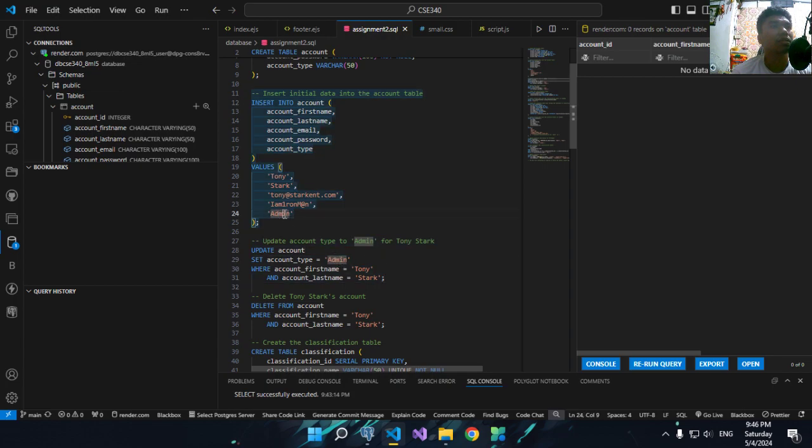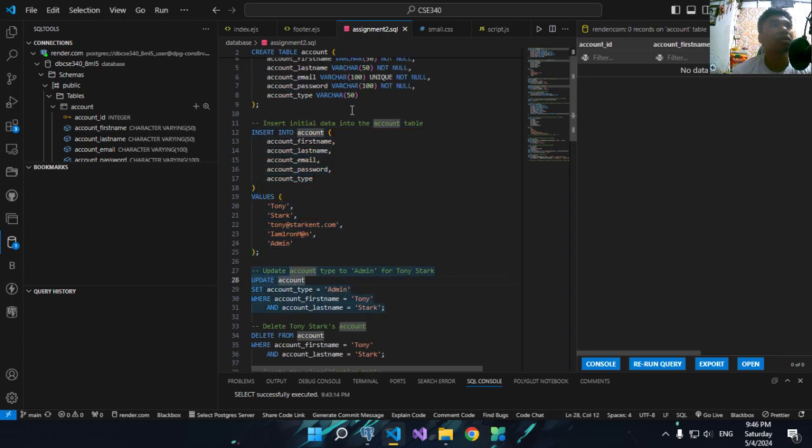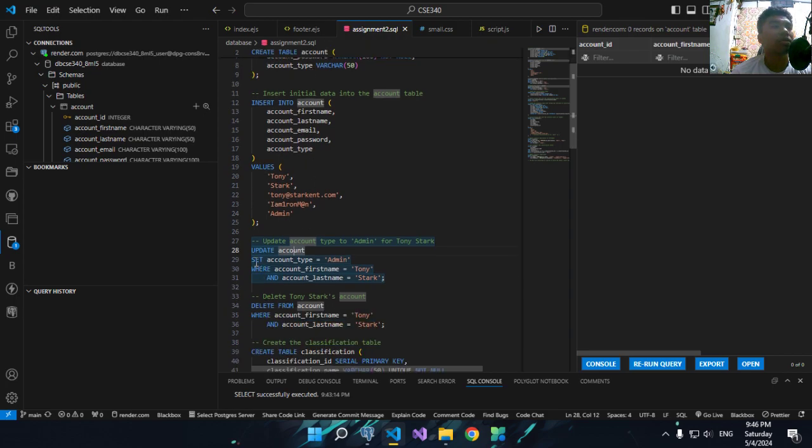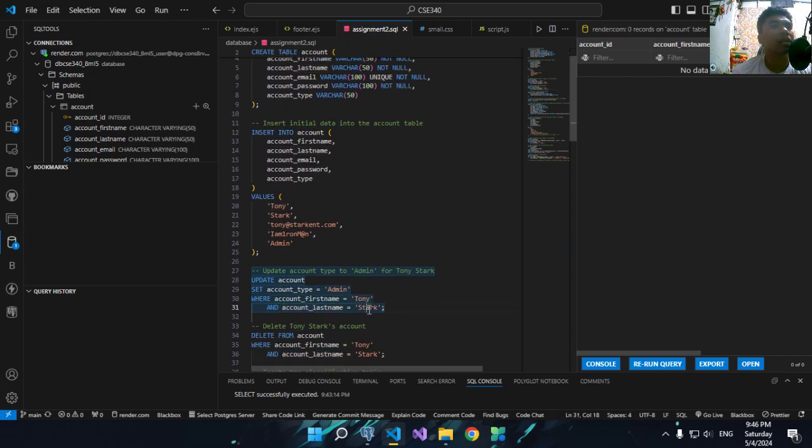So the system will catch the data here in the values. So update the account here, the name of the database, where the table will be updated. And after that, the last name as Stark.